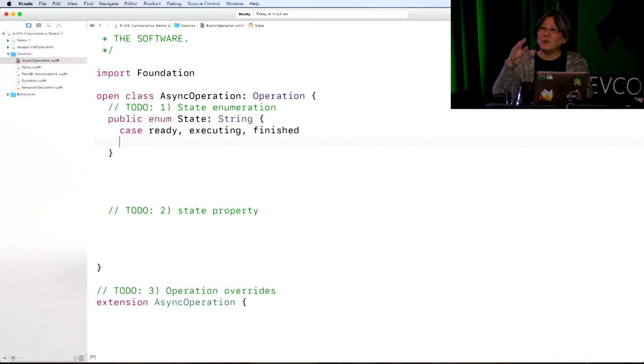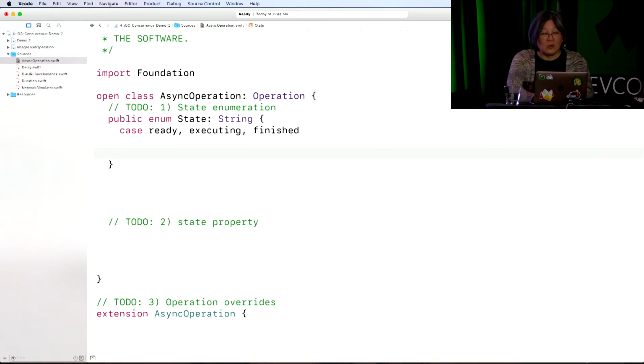The Operation's state properties all have is in front of them, and I've dropped the is so that we can tell the difference between the async operation state and the operation state. They look different. But for KVO, we need to return a key path with the is that looks just like the Operation's state properties. So here we have a